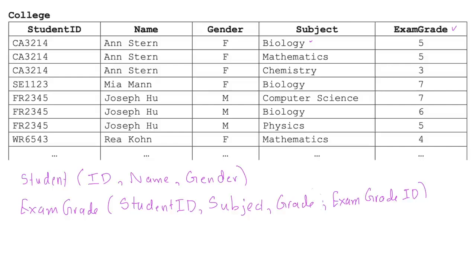And there's something missing. You don't really have the subject here. And I think this is kind of a problem because we need students to be associated with subjects in some way, right? So we have exam grades where we're just showing what the exam grade is, and we have students. There's no real association, like there's no really way to tell, based on a student, what subject they are taking. So I would probably say that the best way to do this,